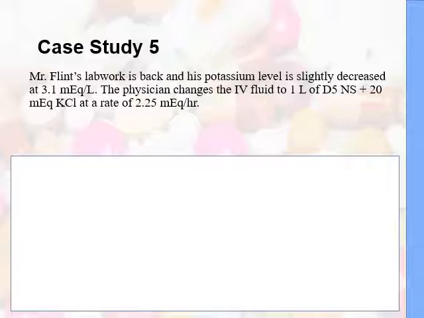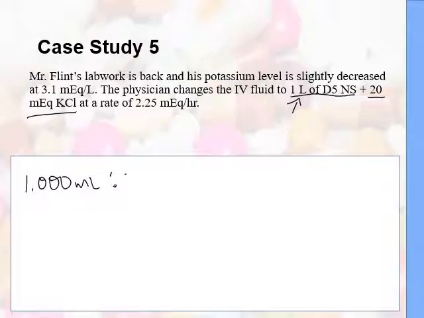We need to find our known for ratio and proportion. Our known is that we have 1 liter of D5NS with 20 MEQs of KCl in it. Now our answer needs to be in milliliters per hour. So personally, I would just change this right away to 1,000 milliliters. You want to convert it. And then I would write 1,000 milliliters